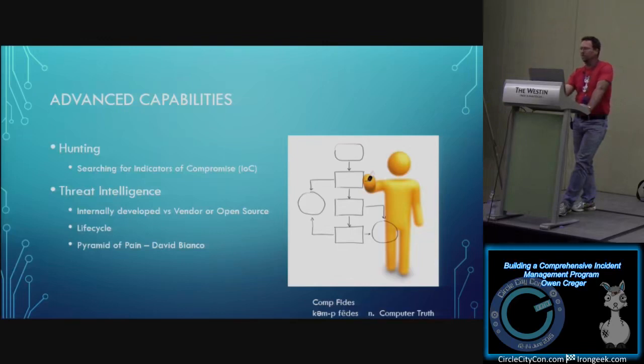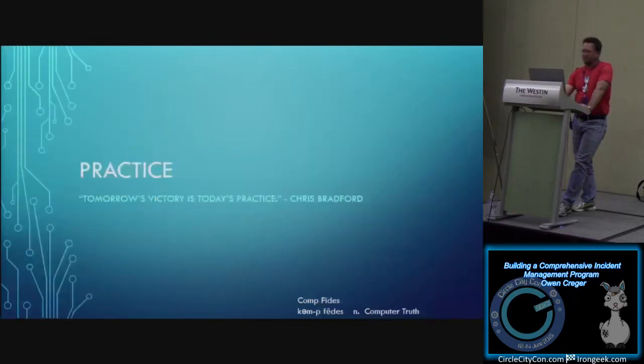He wrote The Pyramid of Pain. Very interesting. I'd highly recommend you go do some reading on that. It talks about the information you're truly after are the techniques, the processes, and the procedures that your adversaries use. IP addresses and domain names really aren't threat intelligence. So the next step